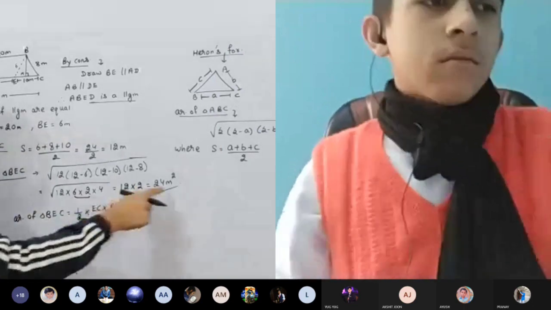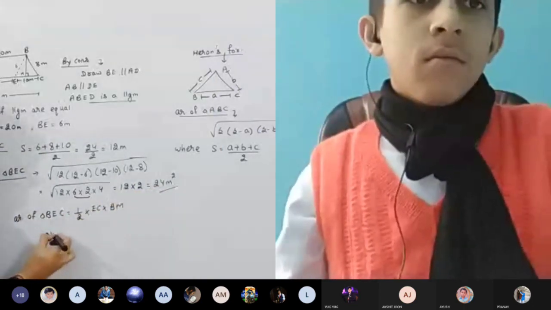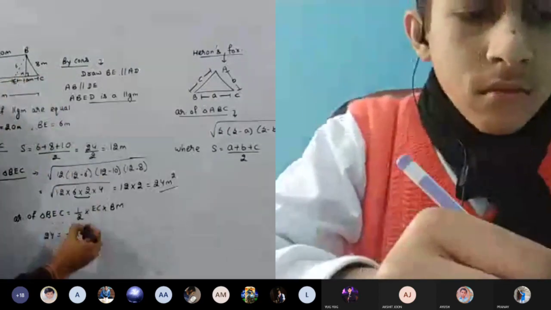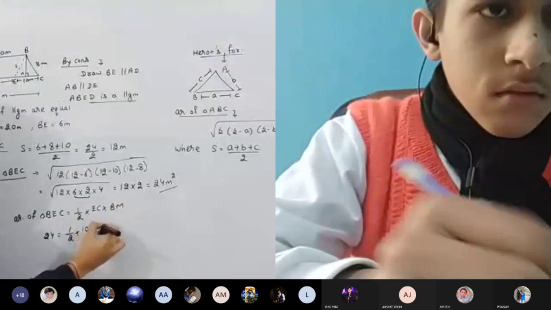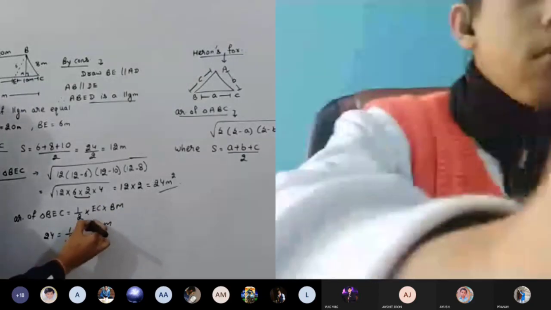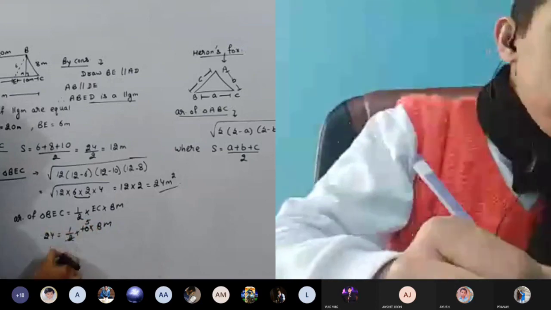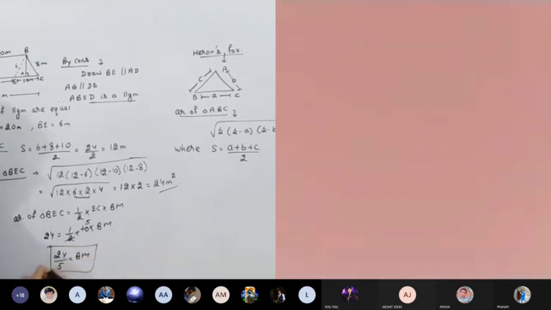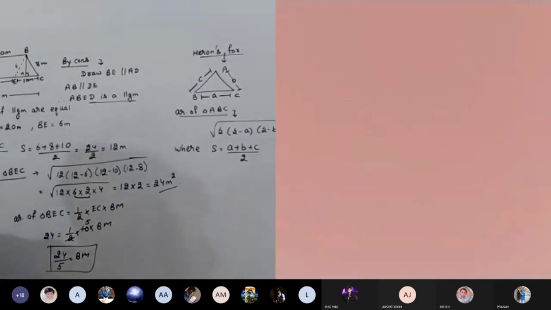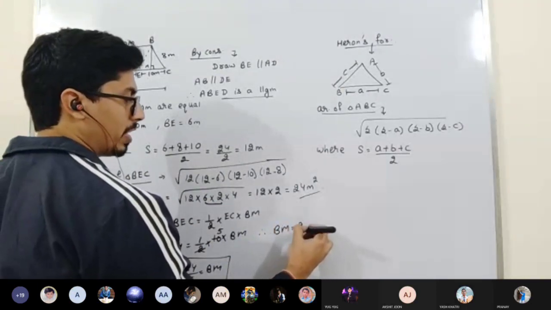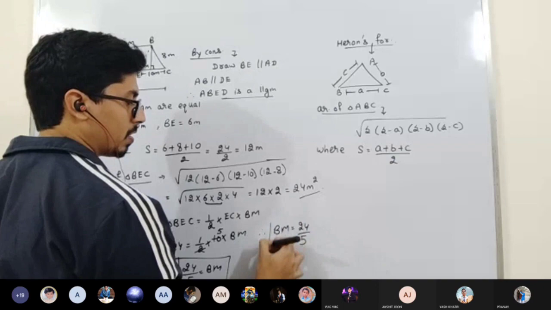So the area of BEC is 24 now. I can put the value. Half, EC is 10, BM we don't know. Okay. So if I just cancel them out, it will be 5. So BM will be 24 divided by 5. So BM, that is the altitude of the trapezium, is 24 divided by 5.